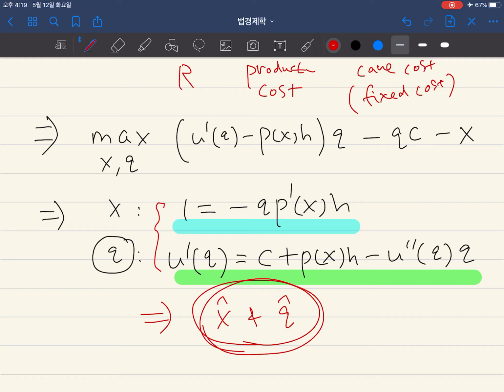So in this case, we think about monopoly and no liability, and it turns out that the result is quite different from what we saw before. In section 2, we thought about monopoly, and there no liability and strict liability didn't make any difference. But here, when care cost enters the model as a fixed cost,